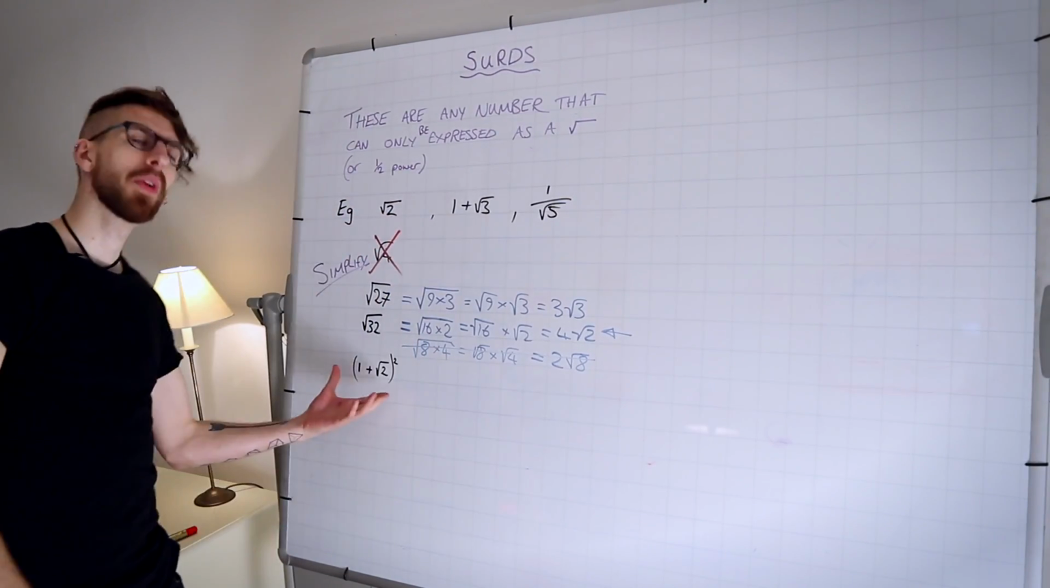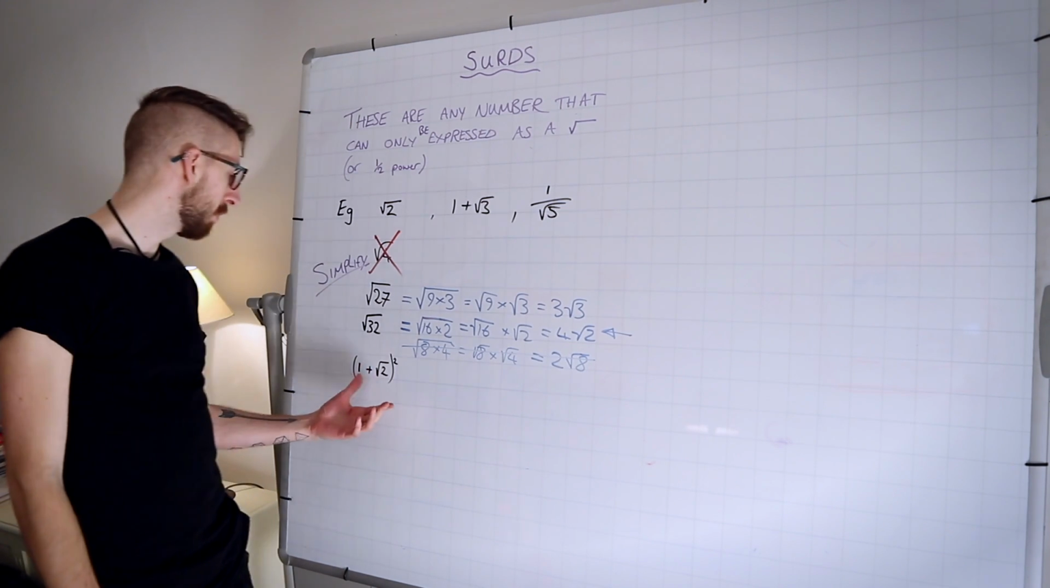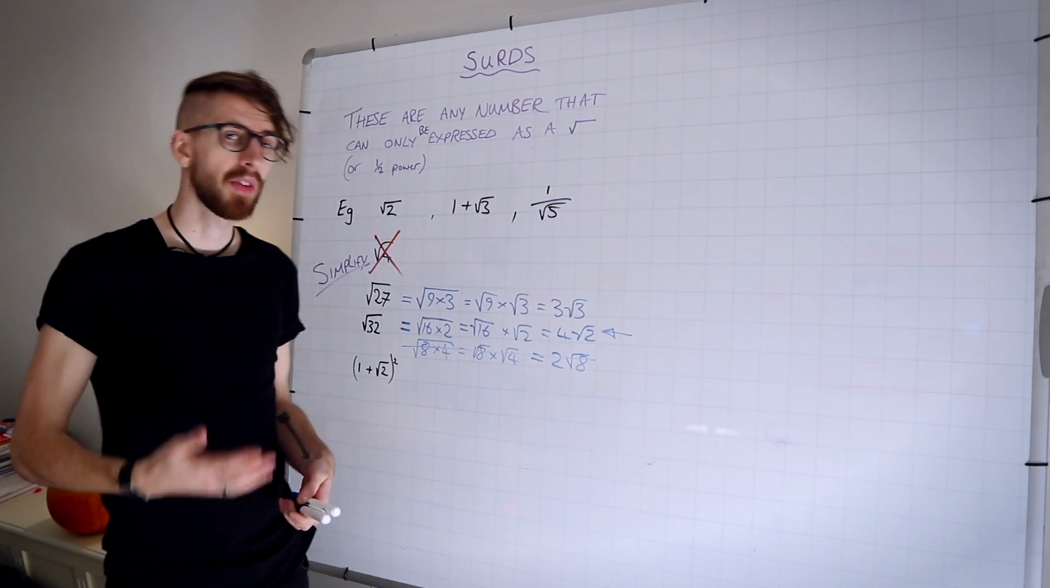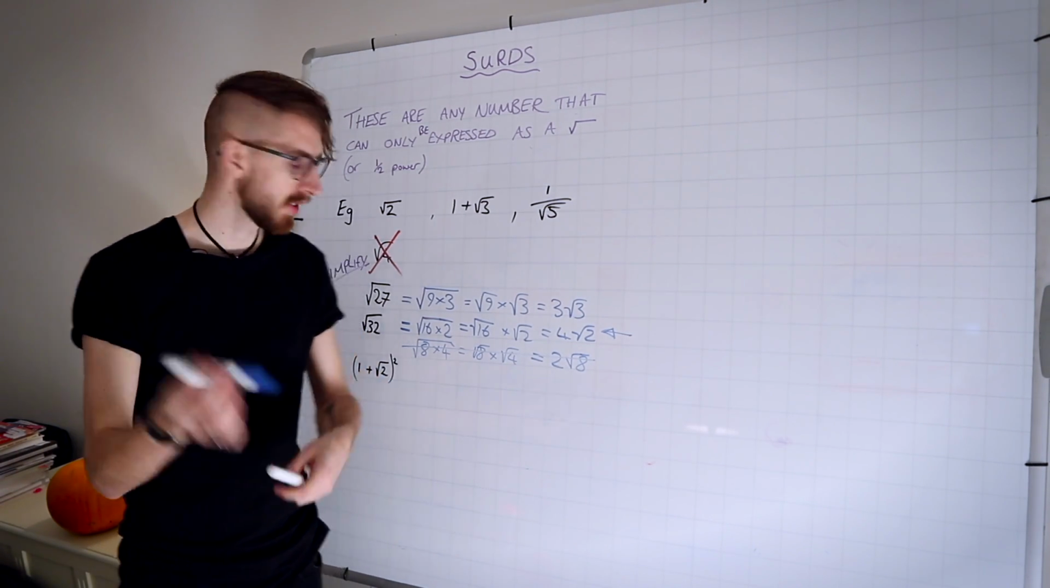Right, this time we've got this little algebraic expression, 1 plus root 2 squared. To simplify that, we're going to get rid of those brackets. So,